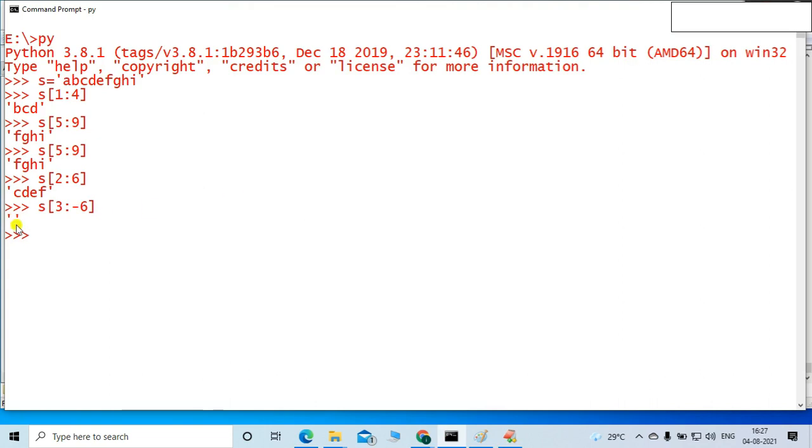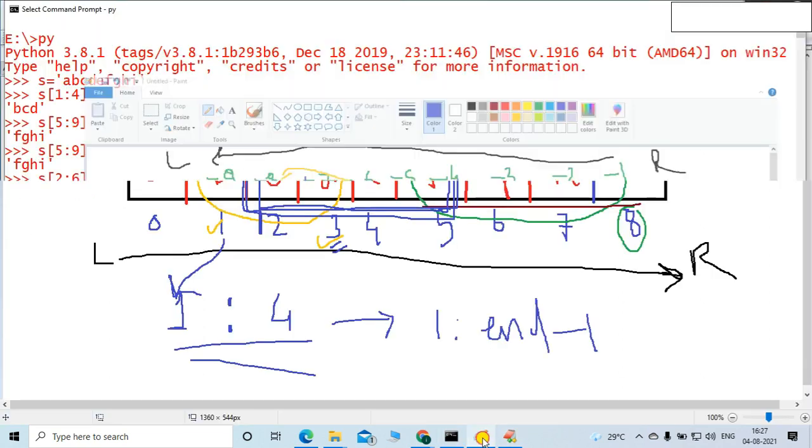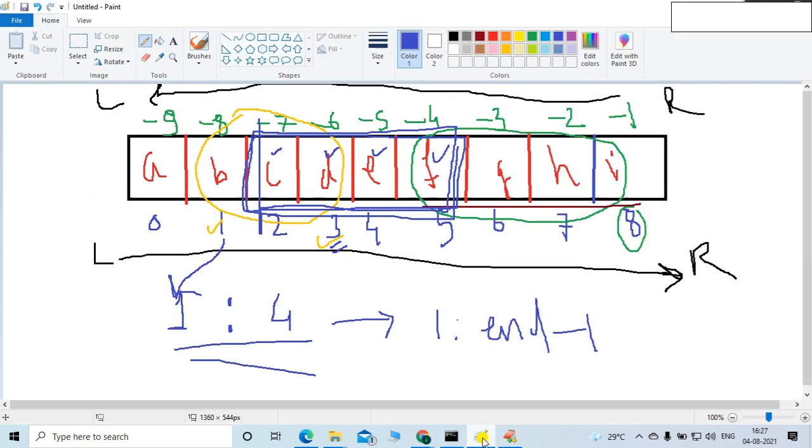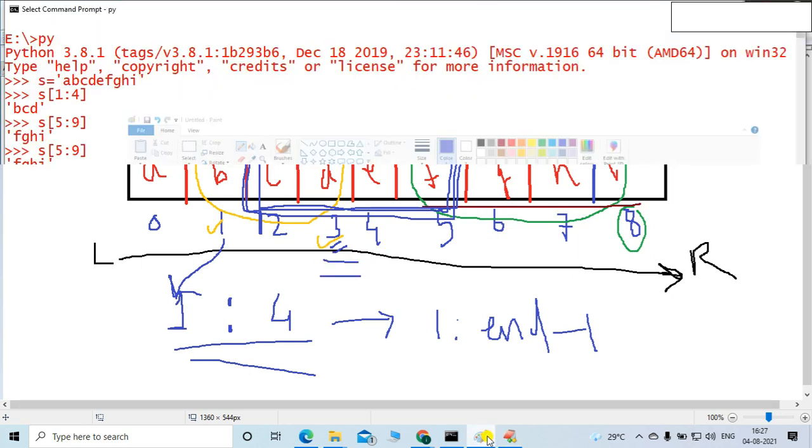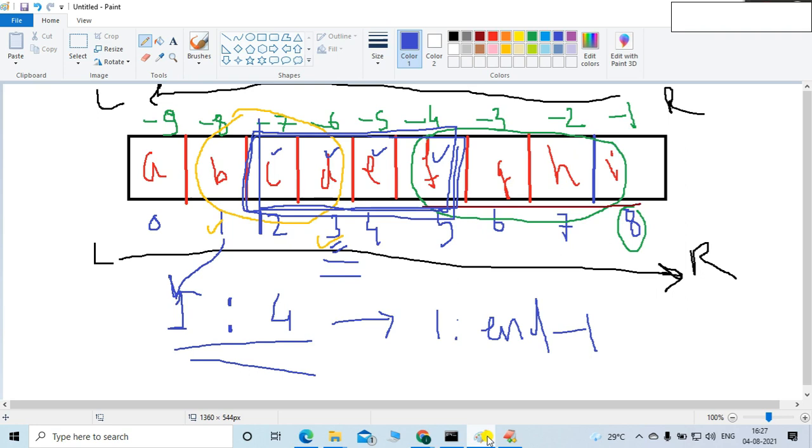It is an empty string, friends. I will tell you why it is an empty string. 3 is an index. Where is 3? This is the 3. And then where is the minus 6? Here itself.